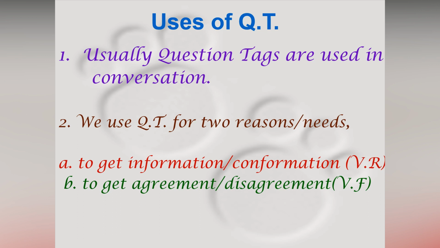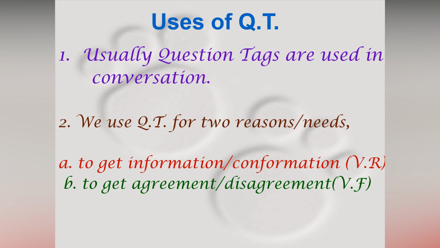You can ask, your dad at home. Your dad at home. So what should you write? Your dad is at home, isn't he? Your dad is at home, isn't he? I'm raising my voice. Isn't he? Just your dad is at home. Just you are agreeing. He is there at home. You are just agreeing now. Your dad is at home, isn't he? Isn't he? I'm falling.